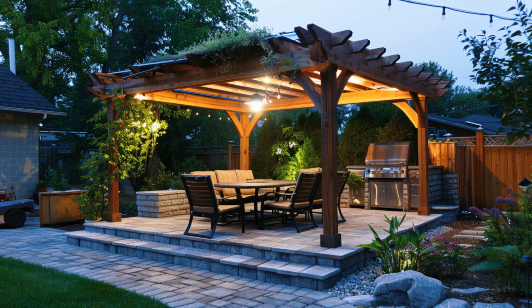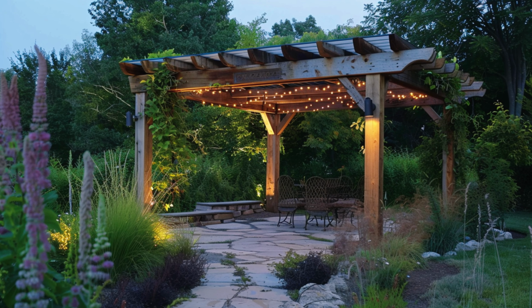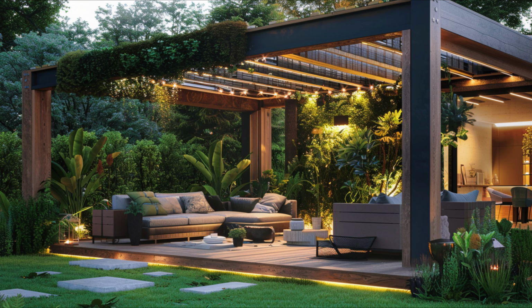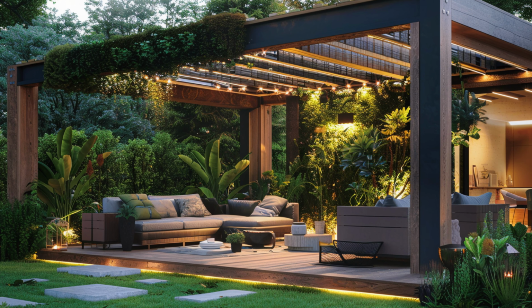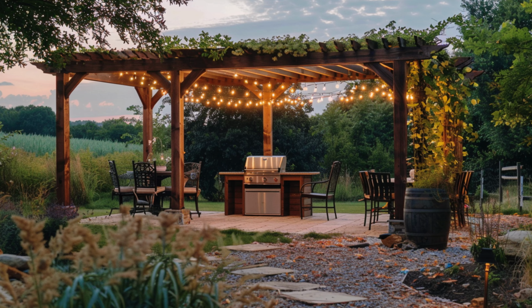A cozy and inviting outdoor patio area illuminated beautifully in the evening. The centerpiece is a wooden pergola with warm lighting, creating a soft, welcoming glow. Beneath it, there's a comfortable dining setup featuring a dark metal table and cushioned chairs, perfect for outdoor meals or gatherings. To the side, a built-in stainless steel grill is integrated into a stone counter, enhancing the space with a